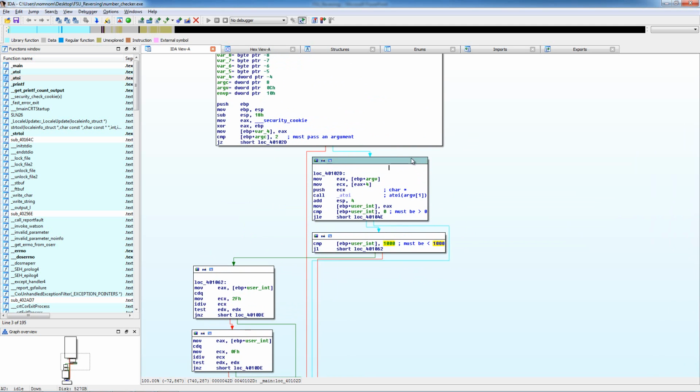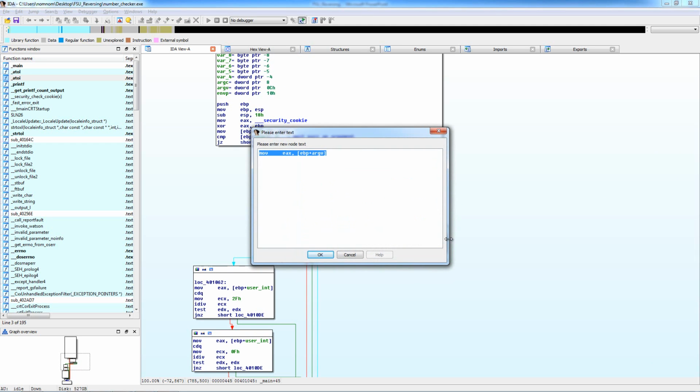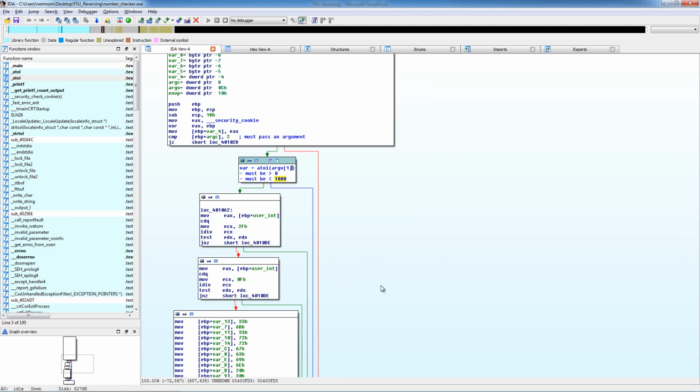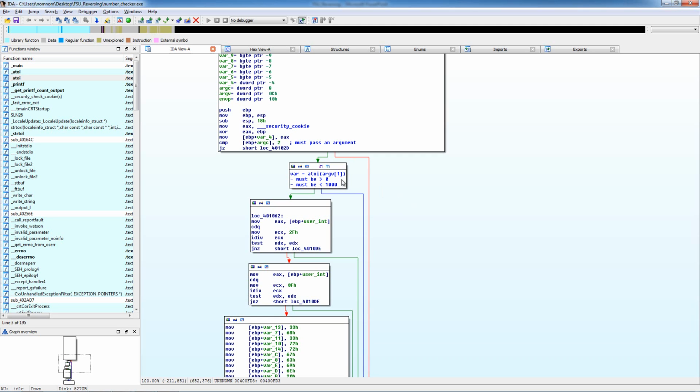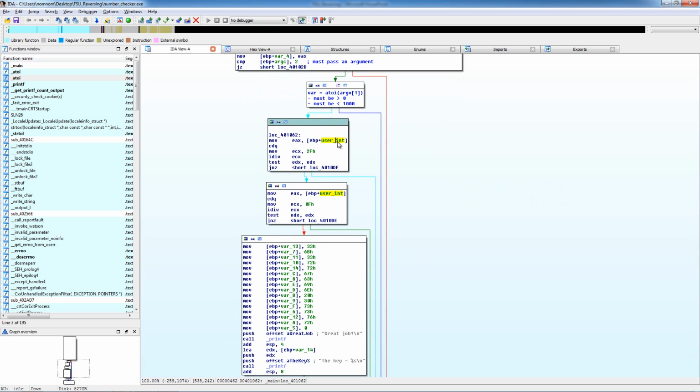So now let's go ahead and group these nodes, and this is a little bit overkill, but just for the sake of doing it. So we're getting some variable equal to atoi of argv[1], and we know that it must be greater than 0 and must be less than 1000. So that's basically what's going on here. And if at any point in time we fail any of those checks, then we would come over here to the fail case. So there's a little bit of fancy math in here with the compiler optimizing some stuff out,